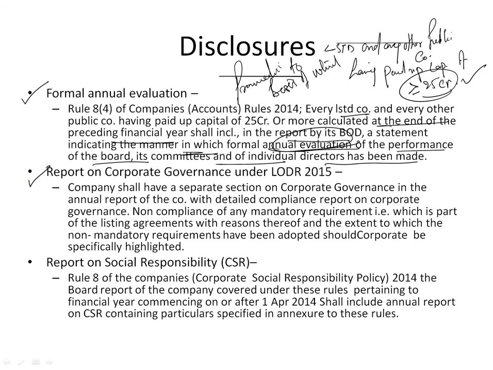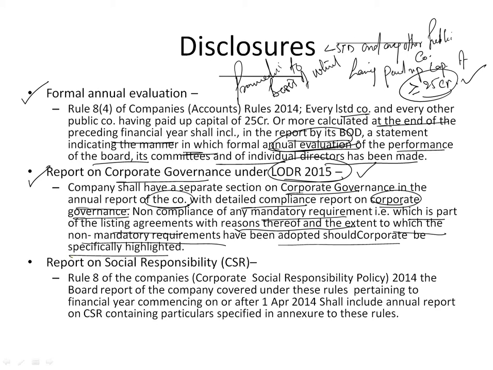Now, on to the report of corporate governance under LODR 2015. There needs to be a separate section for corporate governance in the board report, annual report of the company, with a detailed compliance report on corporate governance, non-compliance of any mandatory requirement which is a part of the listing agreement with reasons thereof, that is why it hasn't been compliant, to the extent non-mandatory requirements have been adopted should be specifically highlighted. So all in all,